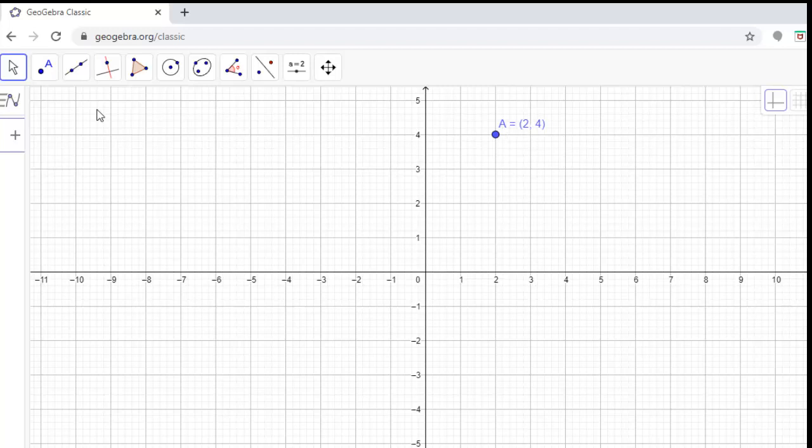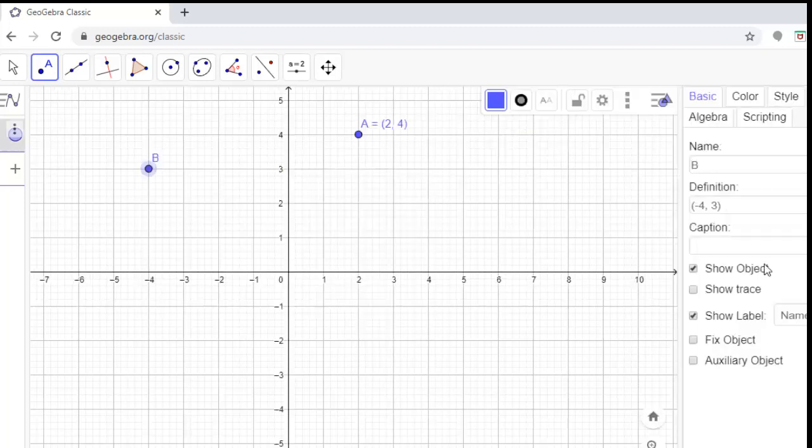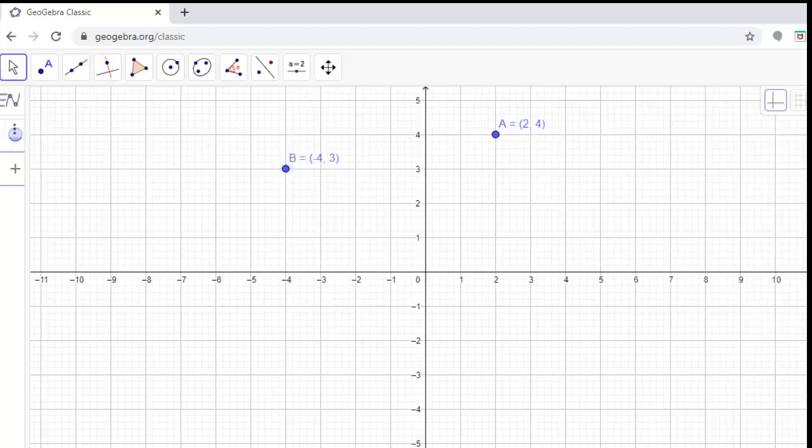Let us plot a point in the second quadrant. Suppose -4, 3. So I will start from the origin, then -4, then 3. Again you have to change the setting to show name and value. So that is the second point.